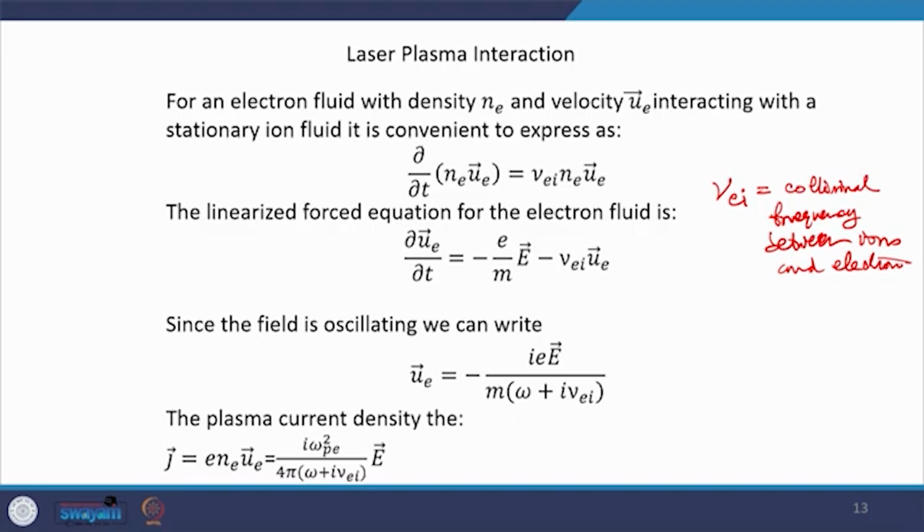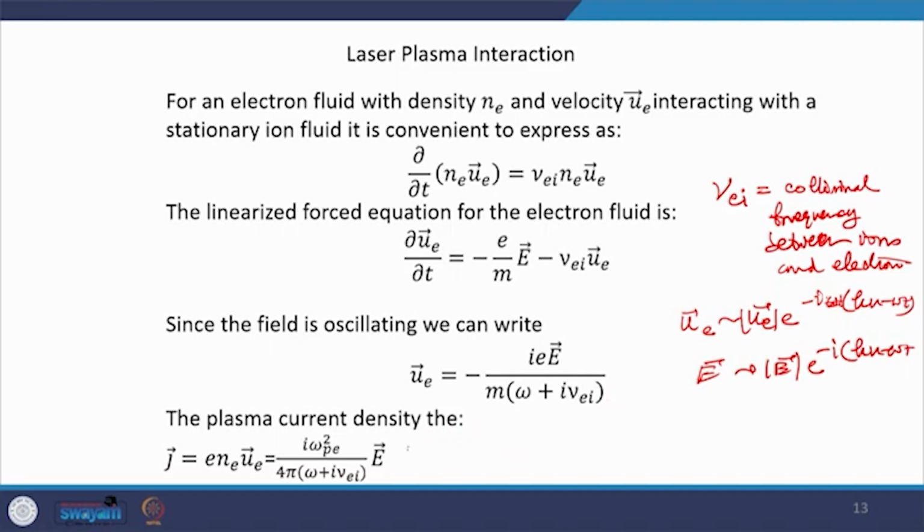So, if you substitute the velocity u and the electric field E as oscillating with the form k x minus omega t, you can substitute these in the above equation and find these relations, and finally the plasma